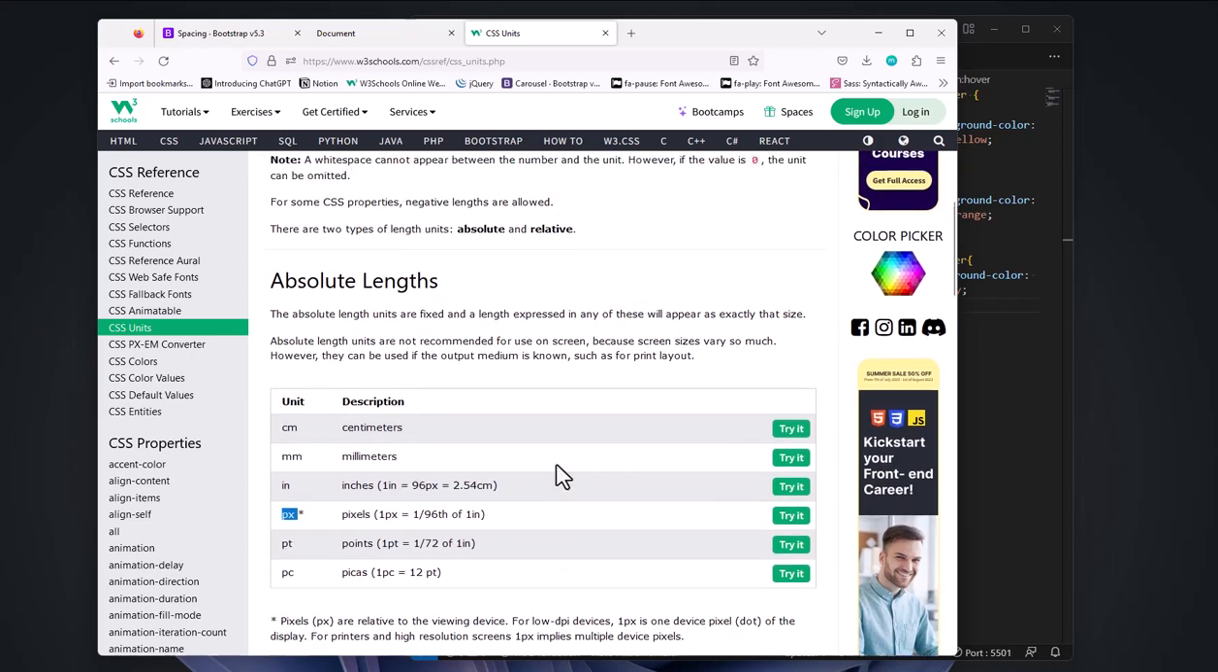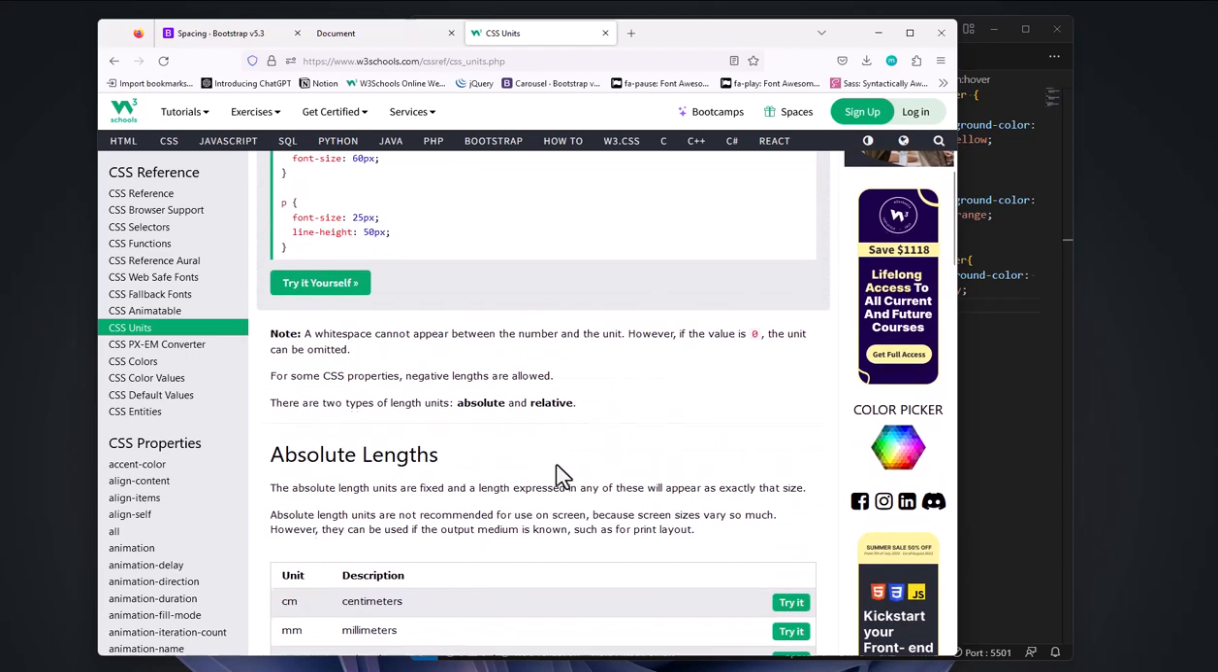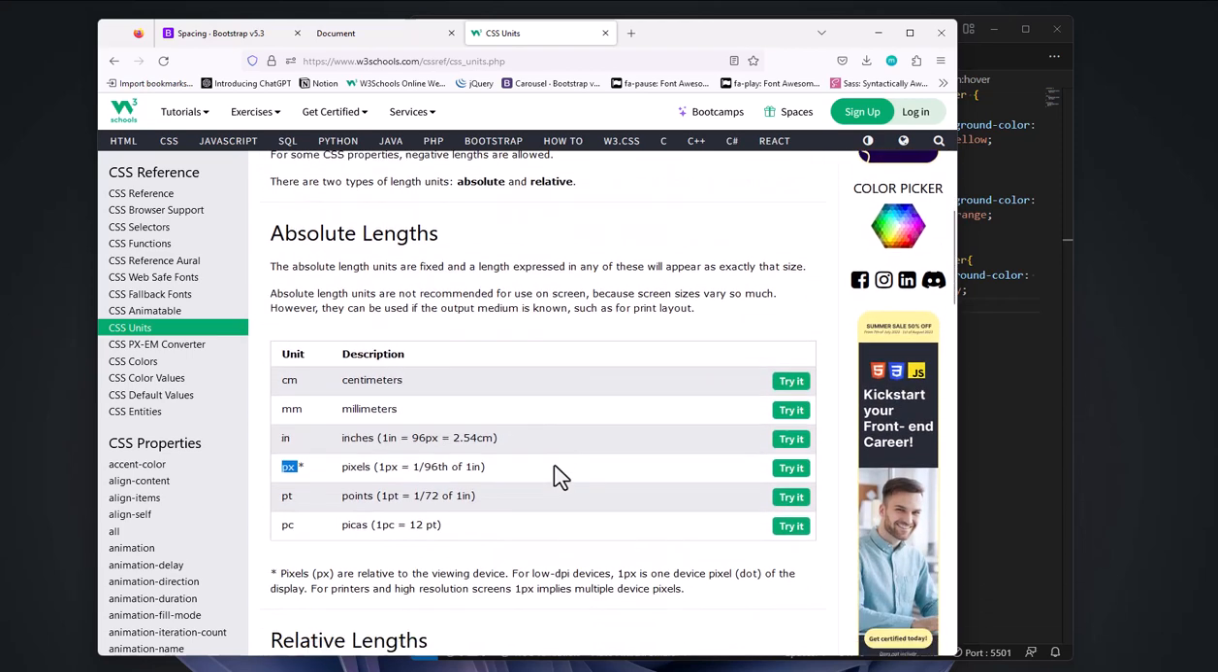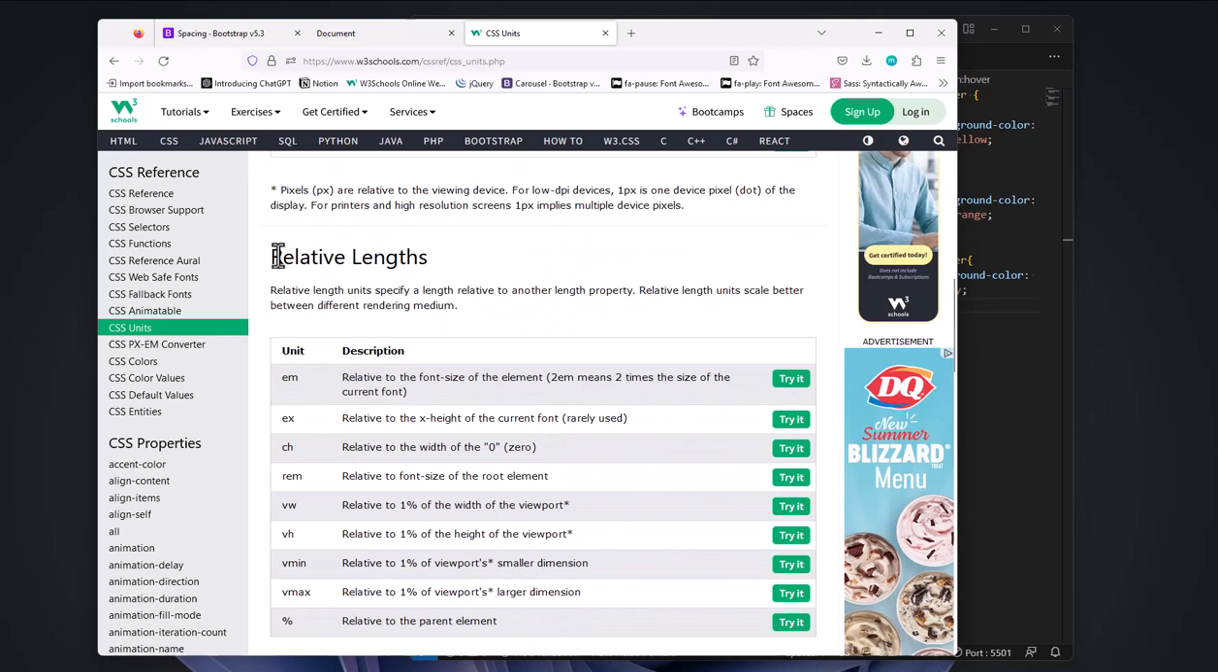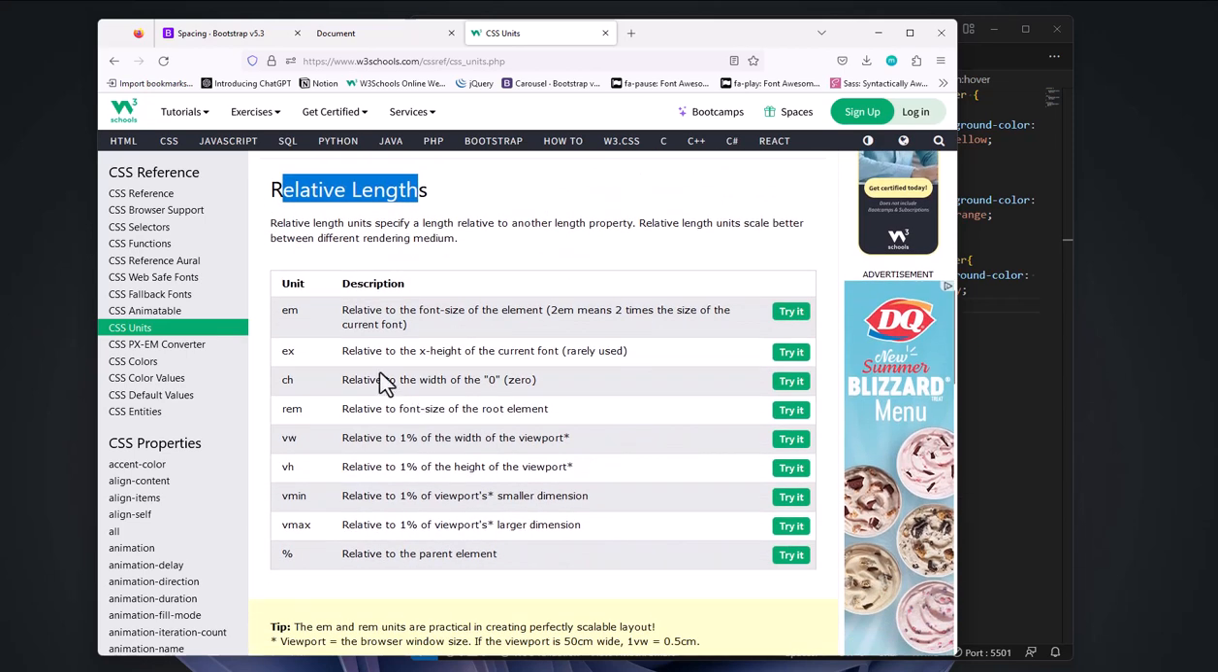Some of you might have used percentages and those types of things, all perfectly valid, but not very flexible. And so you have these relative lengths. The purpose of relative lengths is exactly that. It's relative to the default of the browser. In other words,